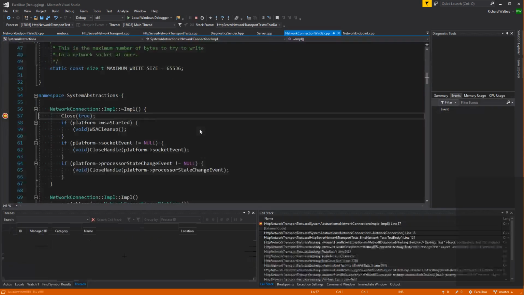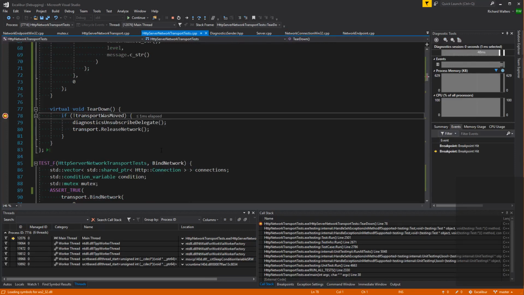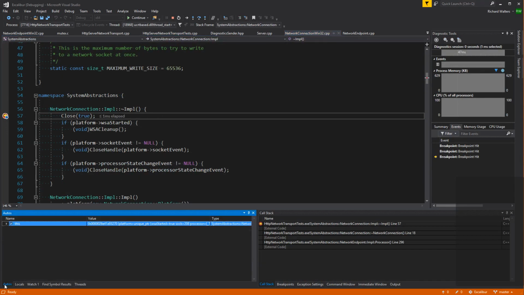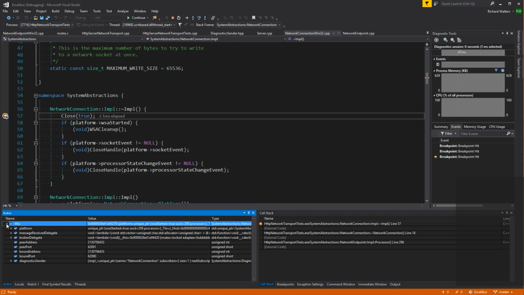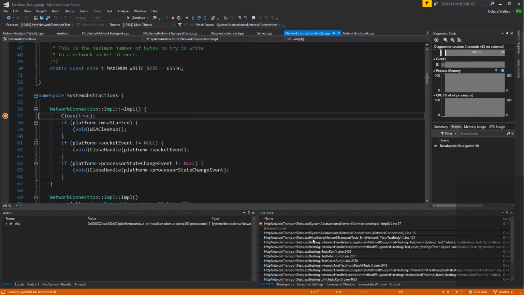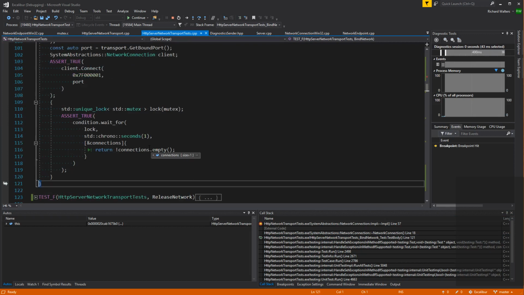Go back. It's that first close is being called too early. Oh, okay. No, it is being destroyed.